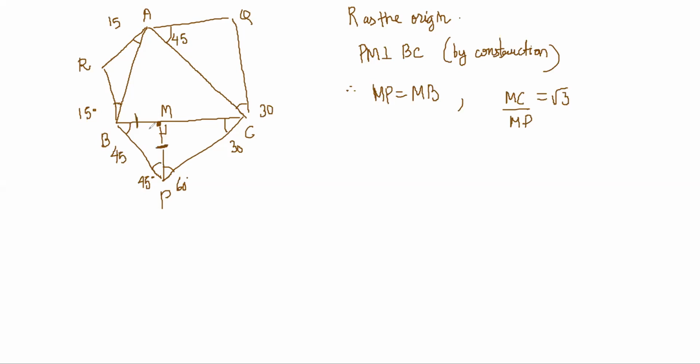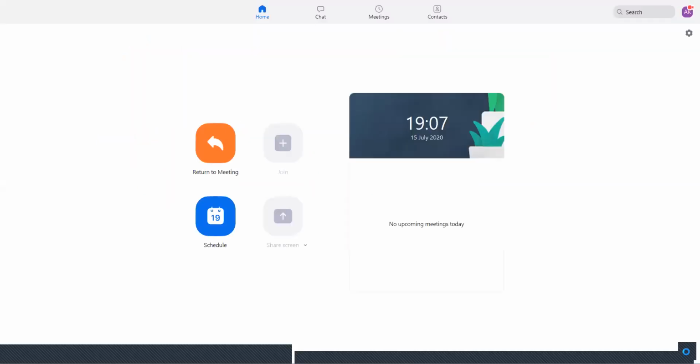Then they can be thought of as a rotation by 90 degree, no? Yes. Correct? So this is the more anti-clockwise sense. So you can say P minus M by B minus M, right? P minus M by B minus M, argument of this should be equal to 90 degree, pi by 2, correct? What have I written? I have written argument of more anti-clockwise, P minus M by B minus M is equal to 90 degree.